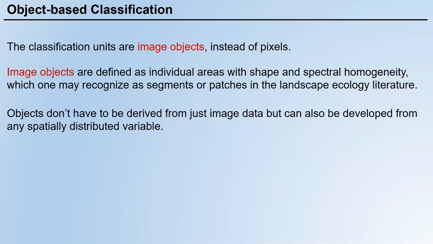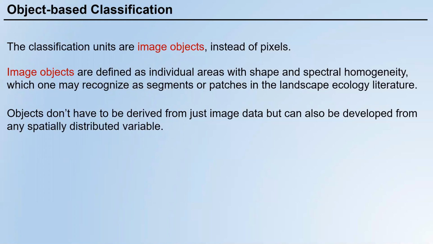So classification units are not pixels anymore. They are image objects. Okay, and what are image objects? They are defined as individual areas. Be careful here, not pixels. Individual areas with shape and spectral homogeneity, which means that we need to use the